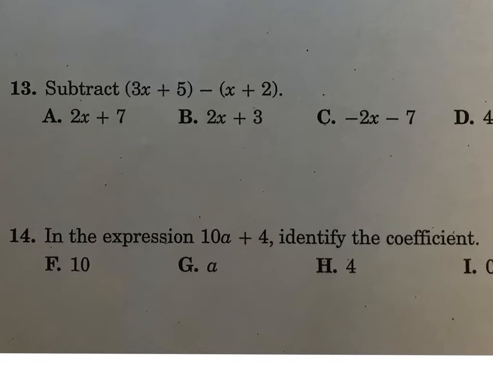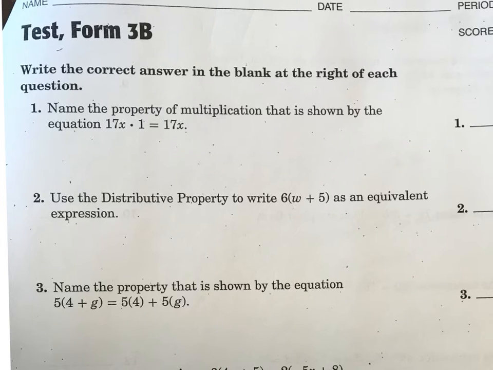For this one, the expression 10a plus 4, identify the coefficient. It's the one with the variable. It's f, 10. For the first question, same as on the other page, 17x times 1 equals 17x. Anytime you multiply by 1, it's the same answer, so that's the identity